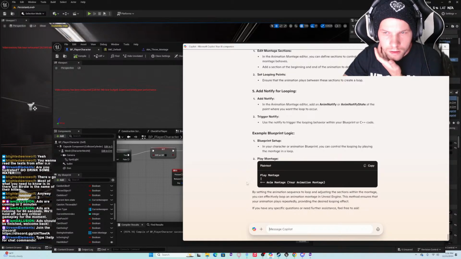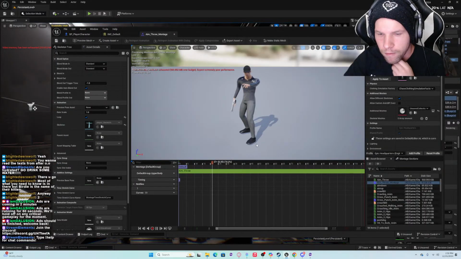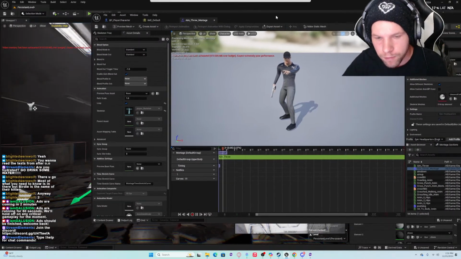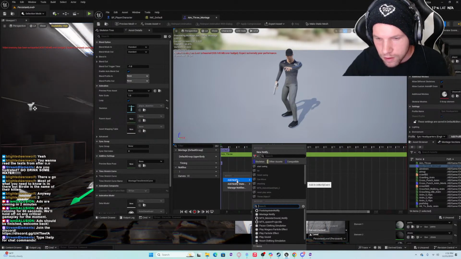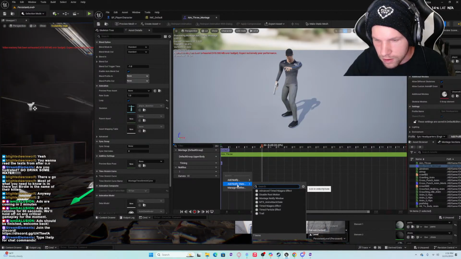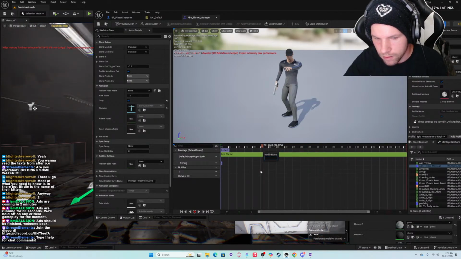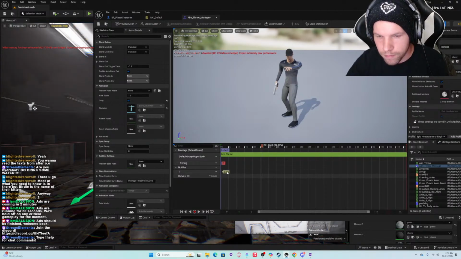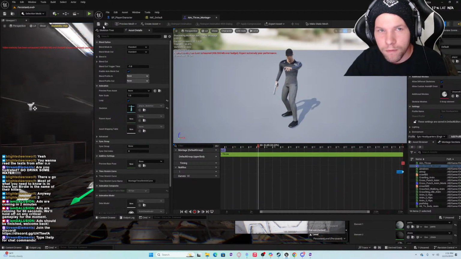Okay, so need to set a loop point in the animation, I guess. Notifies. Notify state, no. If I call it loop. Save.